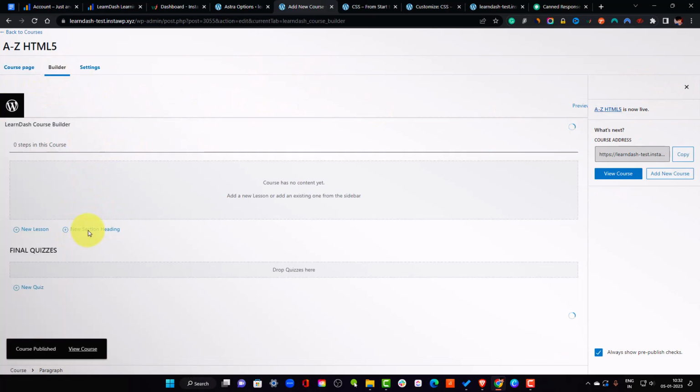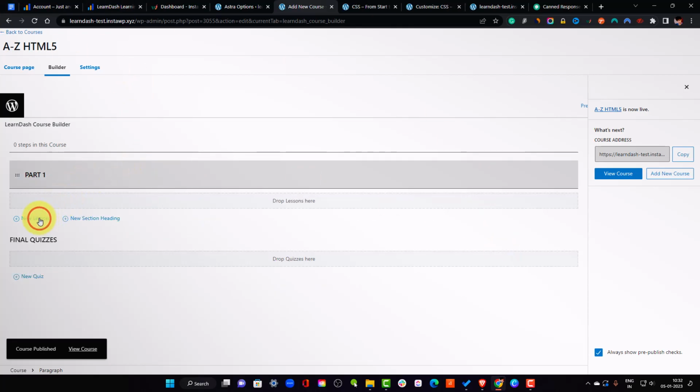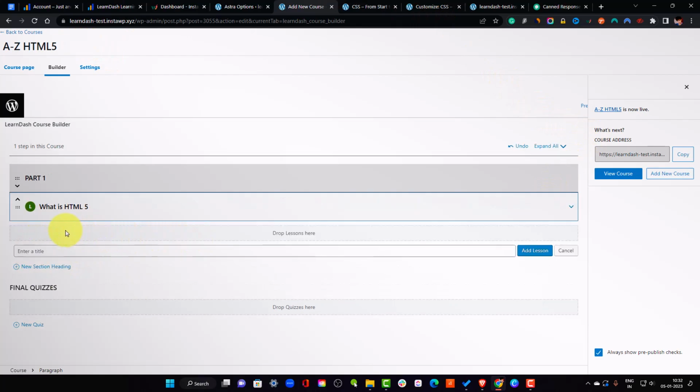Let's go into builder, add a new section, say part 1. Okay, and add a new lesson. What is HTML5? Added lesson, add a new lesson, HTML tags. Okay,